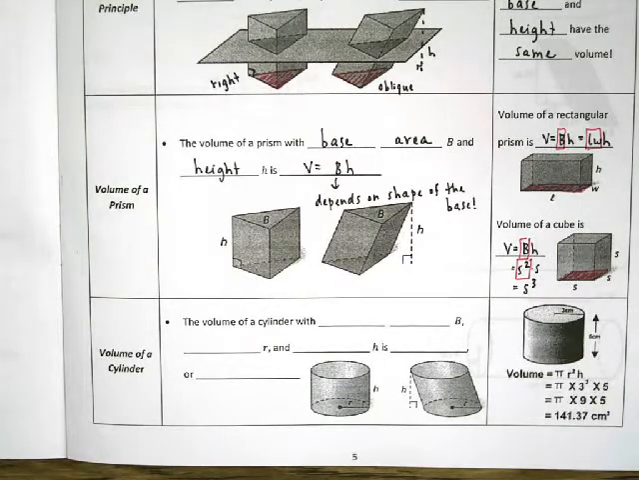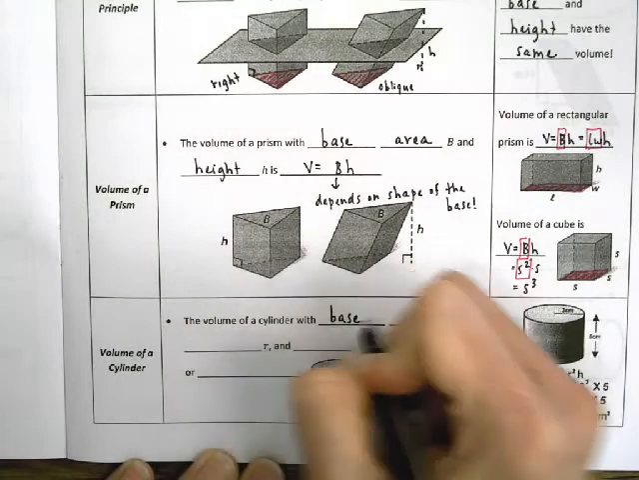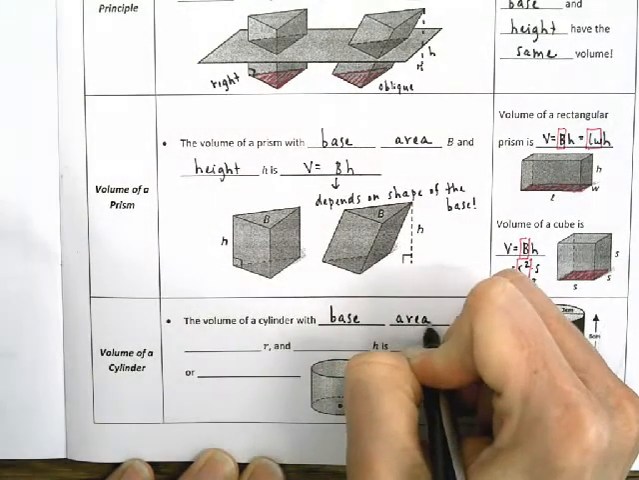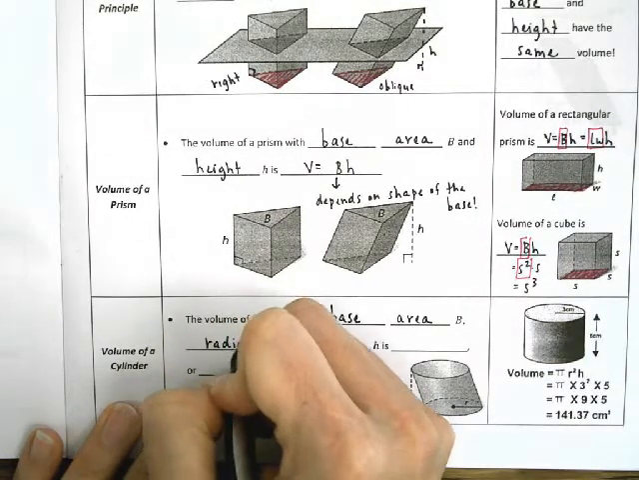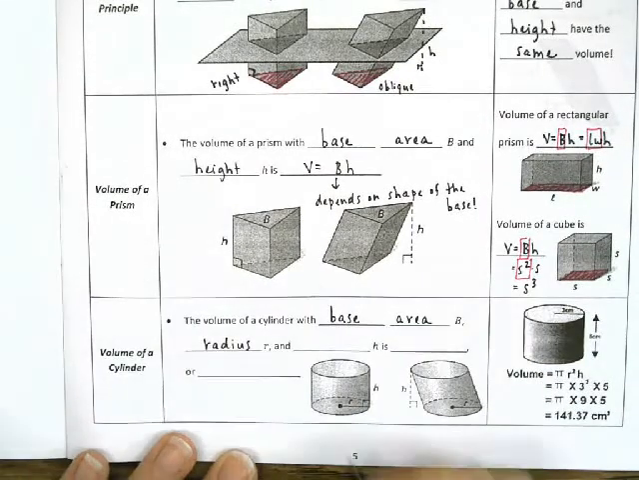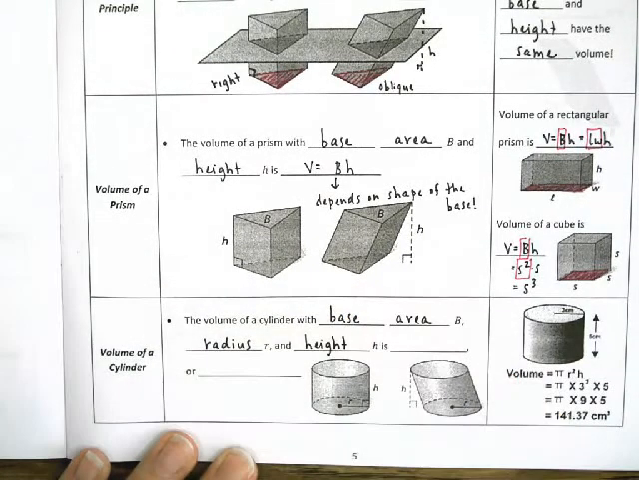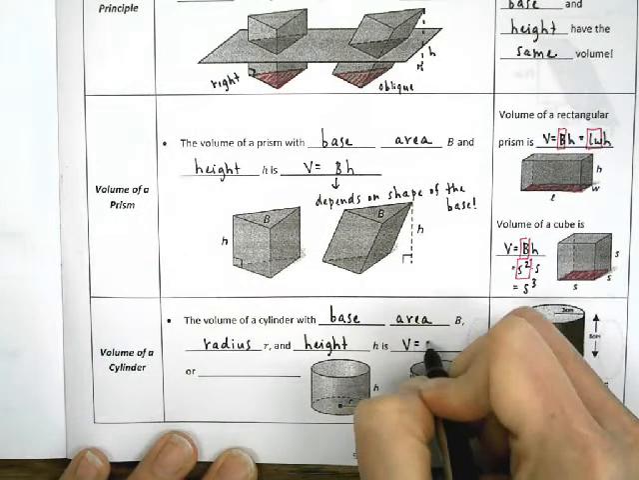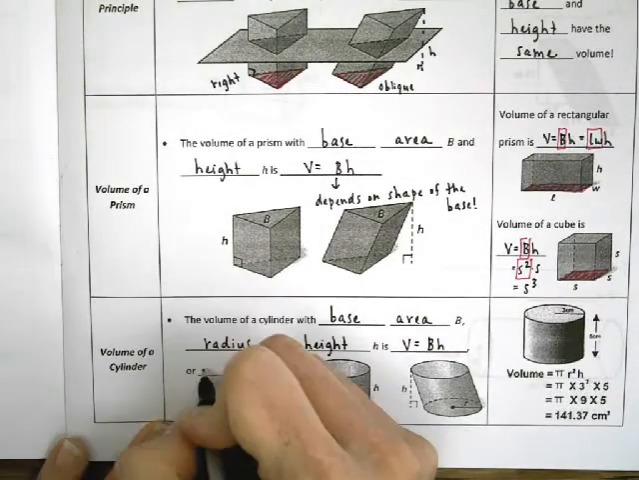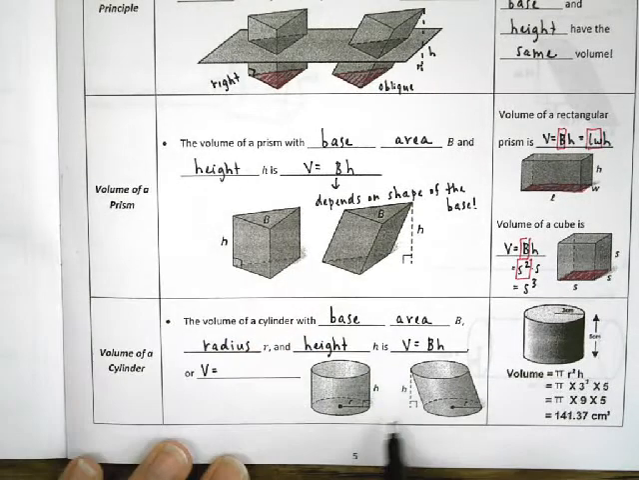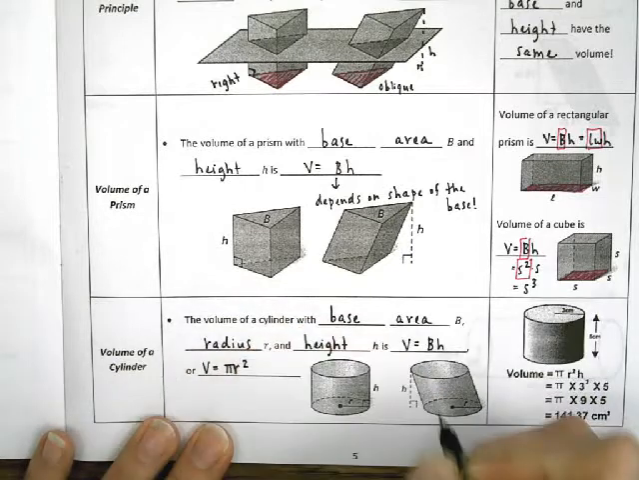Okay, so now for the volume of a cylinder, if we have base area B again, radius R, and height H, then we know that volume is still just the area of the base times the height. But in this case, we know the area of that base. For a cylinder, it's always going to be a circle, so that area is pi r squared, and then we